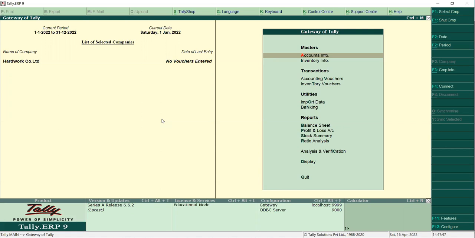Now, realize that initially when we came, we didn't have any company showing here called Hardware Company Limited. And then immediately after we created our business, we have our Hardware Co Limited showing up here. Now, before we go, we restore the backup that I sent all of us. I'm going to take you through the masters of